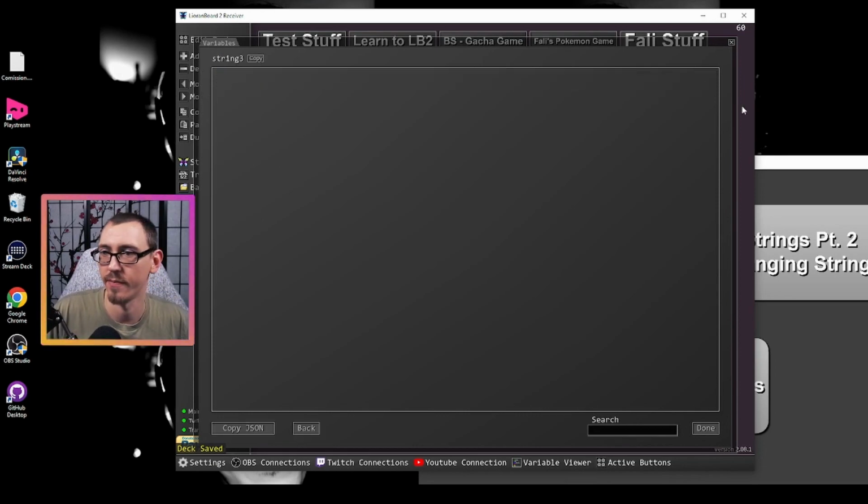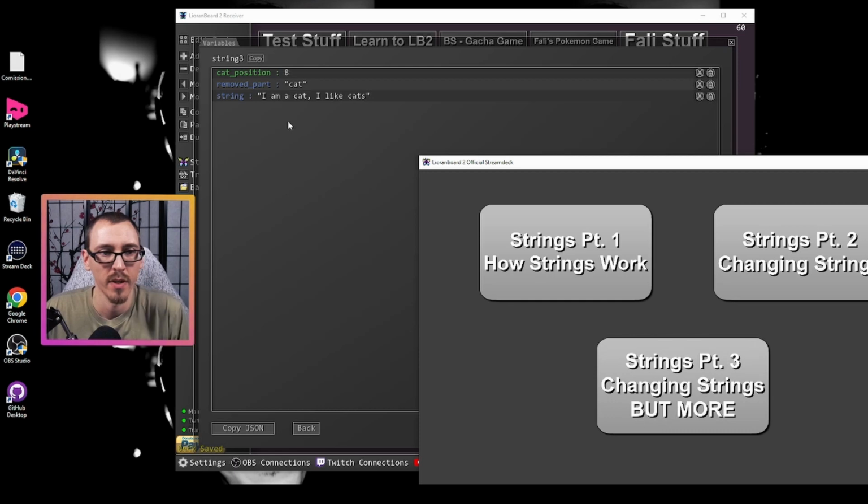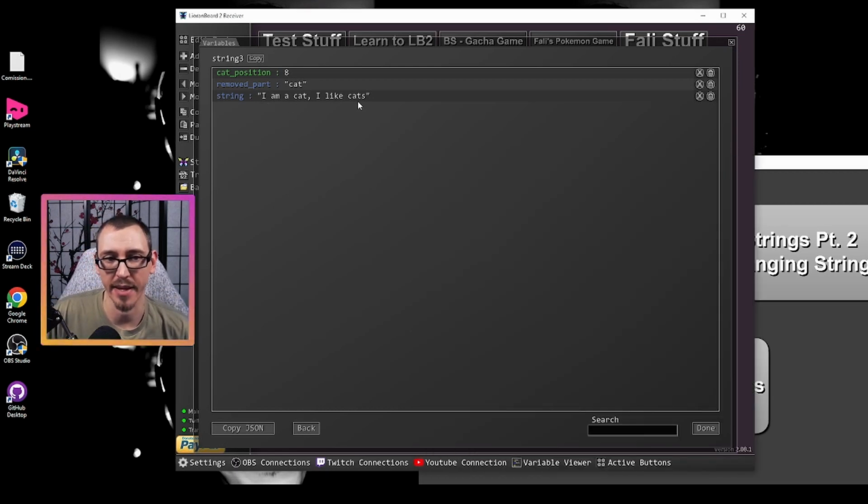So in string 3, we have I'm a cat, I like cats. We started at position 8. We counted 3 spaces or 3 characters, and we removed what we found starting at position 8 and moving 3 characters, which is the word cat. It doesn't alter the string that we pulled it from. We just looked in there, got those letters or characters or spaces or numbers, whatever they were, in that part of the string, and we held that information